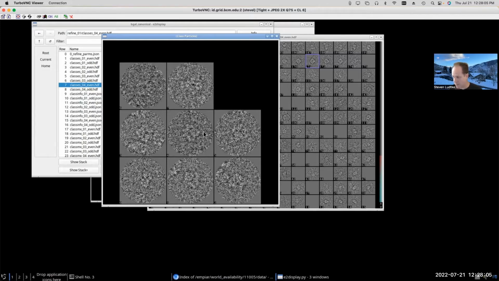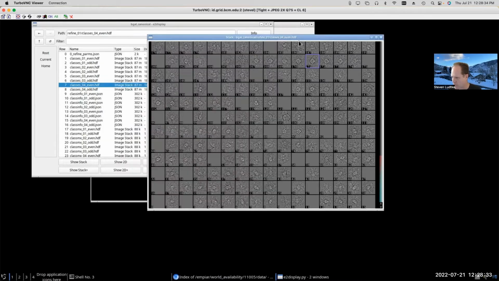That's fine, it's the same information, but it means that if you wanted to extract this metadata about which particles went into this class average, you'd then have to go back through the database, which might have 1 million particles in it, and search every one of those 1 million particles to find the ones which were members of this class. So a little bit of programming effort and a little bit of time would be involved in doing that. It's very convenient if you can actually store the information about the classification associated with the particle itself.